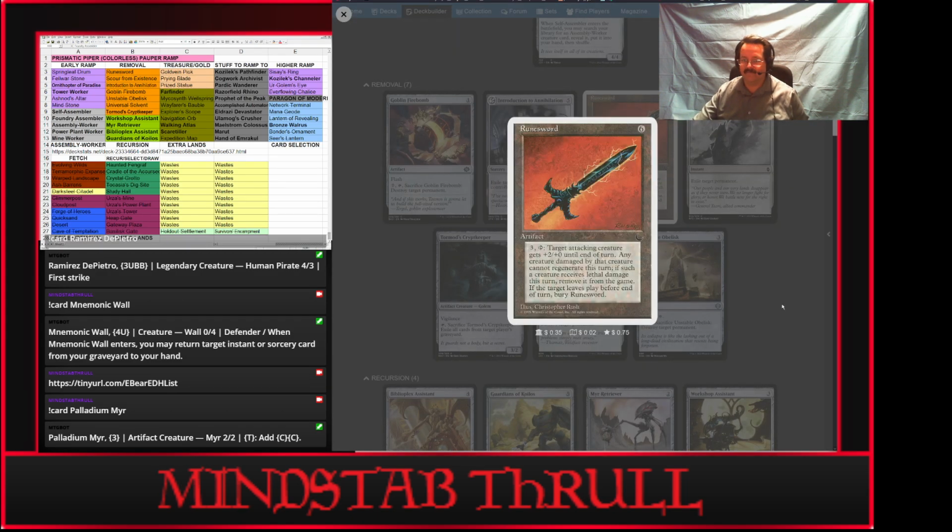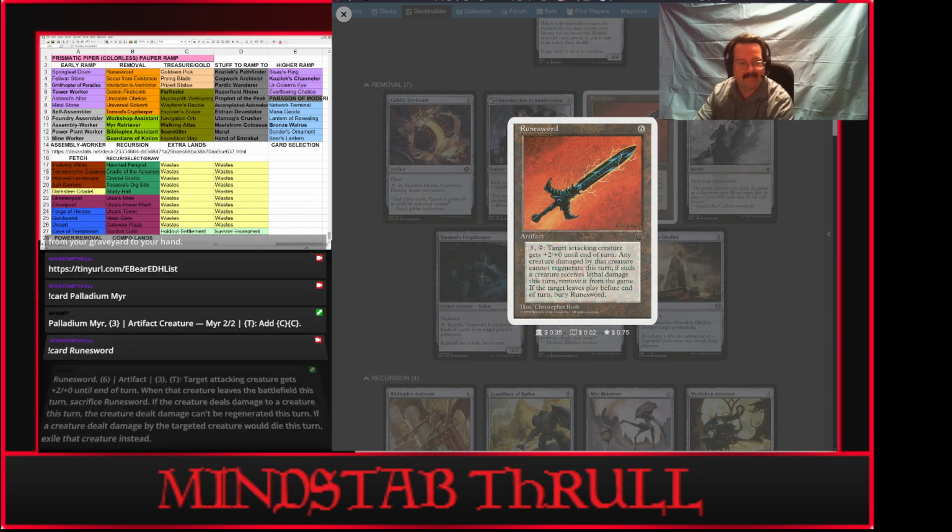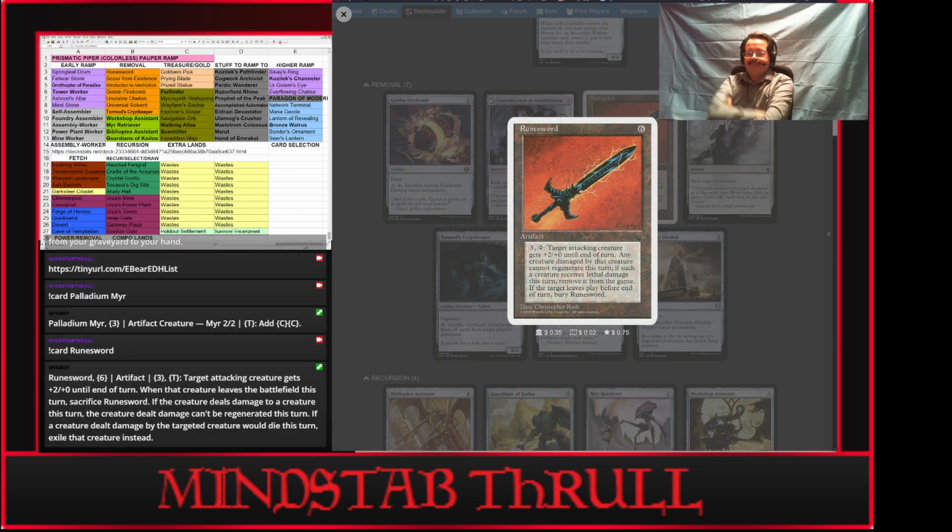And then you get Rune Sword. This is the weird one in here. So, yeah, let's pull up the Oracle text in here. Rune Sword. It's 6 to cast, 3 and tap. Target attacking creature gets +2/+0 till end of turn. When that creature leaves the battlefield this turn,